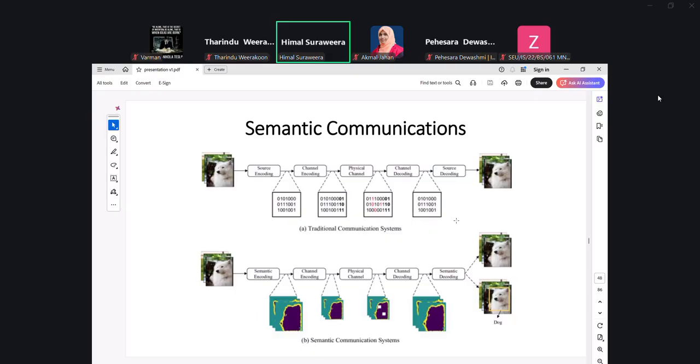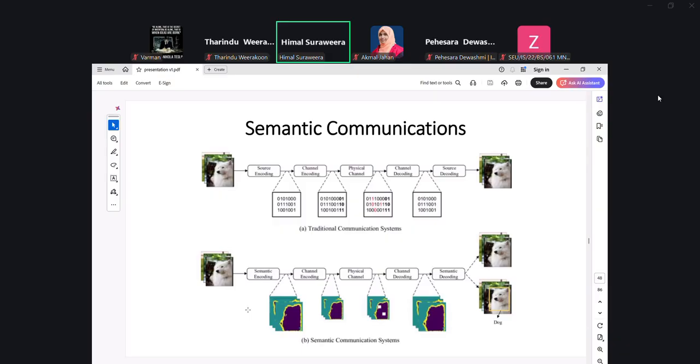The first one is basically traditional, as I told you, the bit level communication. The second one is, for example, instead of transmitting this image, you transmit a mask of this image, right? And how you create the mask is using a semantic encoder, which is based on machine learning algorithms.